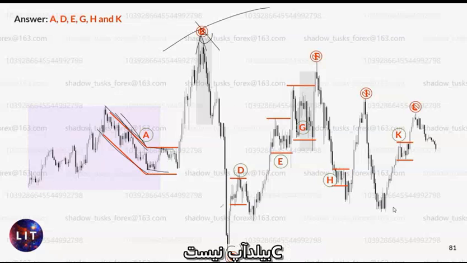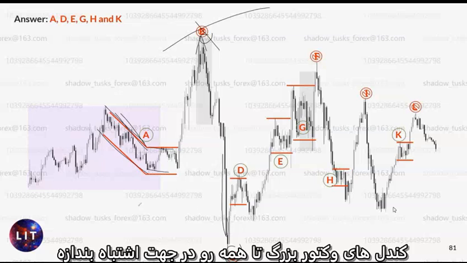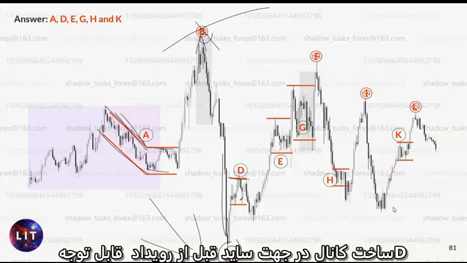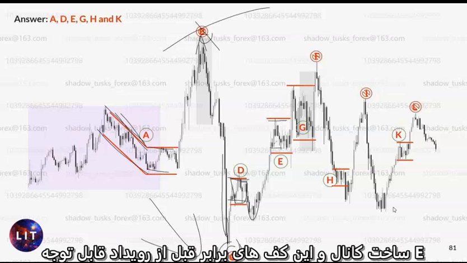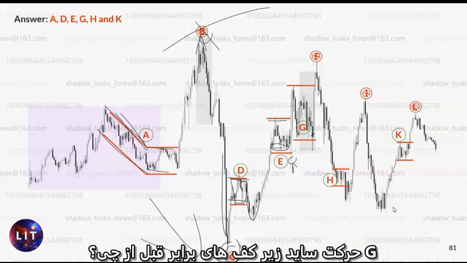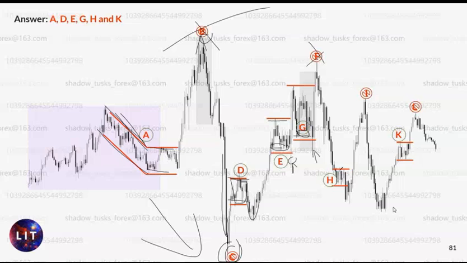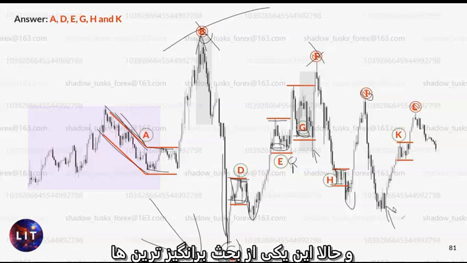C, not a build-up. It's just, again, huge vector candles to everyone in the wrong direction. It's a huge inducement. D, sideways action, channeling before significant event. E, channeling, building these equal lows before what? Significant event. G, sideways action below equal lows before what? F is not an, of course you know what F is now. H, sideways action before what?